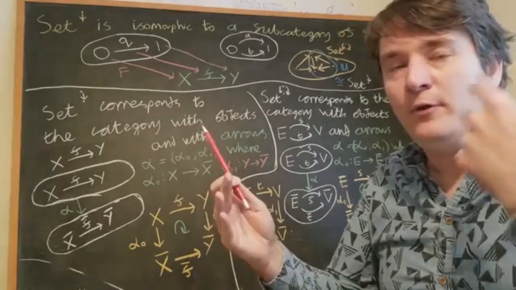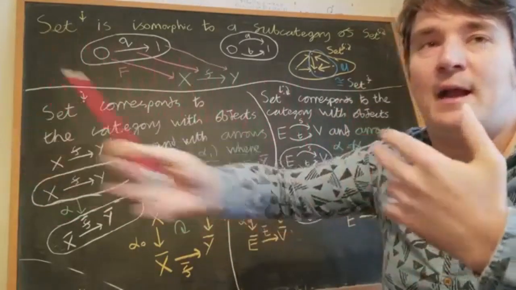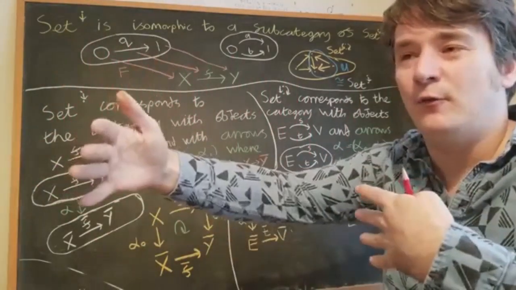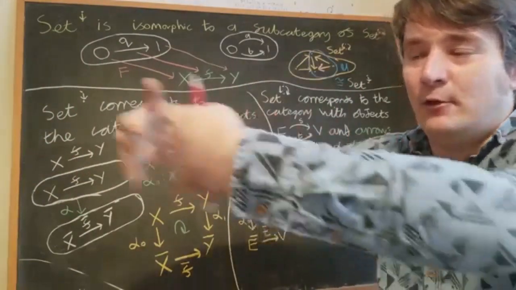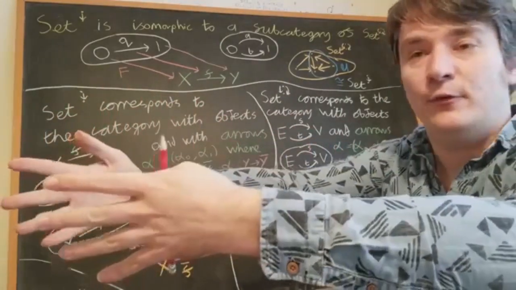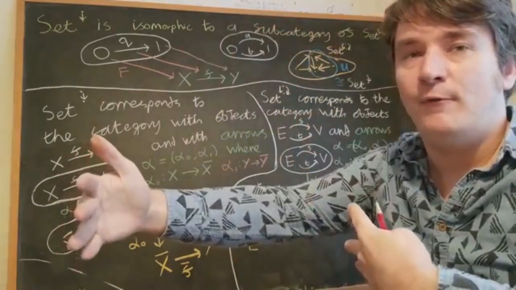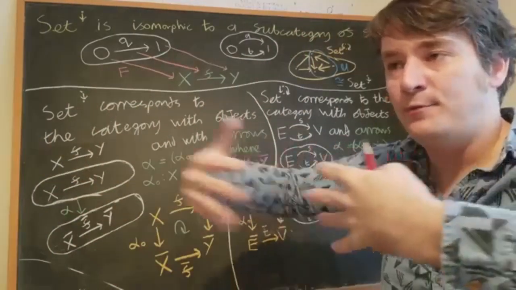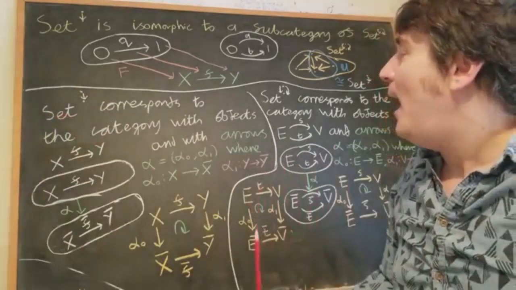So two categories are isomorphic basically when they look the same. Many category theorists would just say they are the same in such a case, when you can just relabel the objects and arrows in one category to make it look identical to the other category. More precisely, two categories are isomorphic when there's a functor from the first to the second, which puts the objects and the arrows in one-to-one correspondence with each other. Okay, so